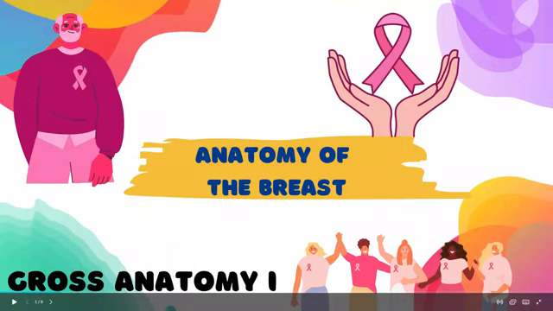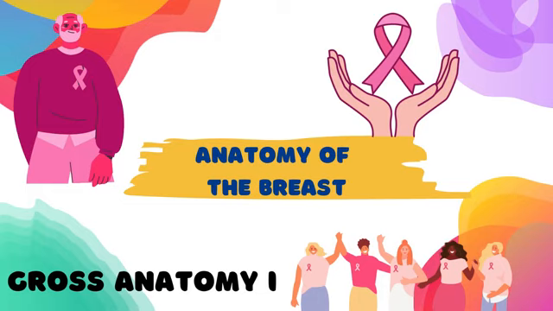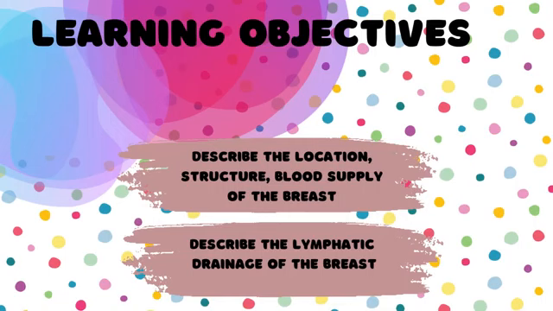All right, everybody. In this video, we will be studying the anatomy of the breast, and this is really the last video that deals with the thoracic wall because the breasts are going to be above the thoracic cage, so we're going to talk about them. In this video, we will describe the location, structure, and blood supply of the breast, and describe the lymphatic drainage